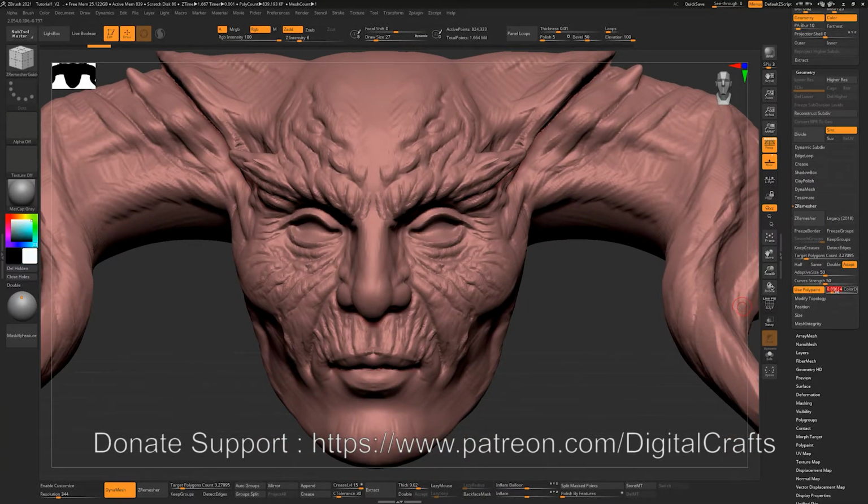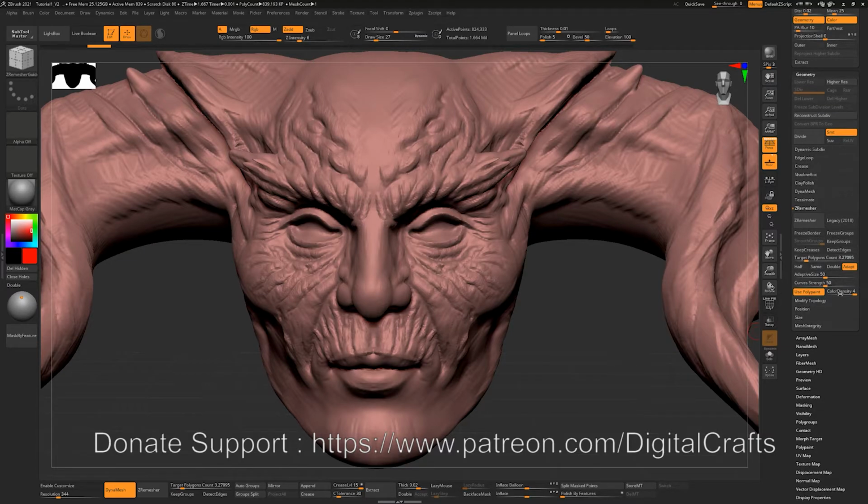When I'm changing this color density slider, you can see that it's moving from blue to red. So if I paint blue on this model, it will have smaller polygons on those locations, but if I paint red on this model, then it will have a higher density